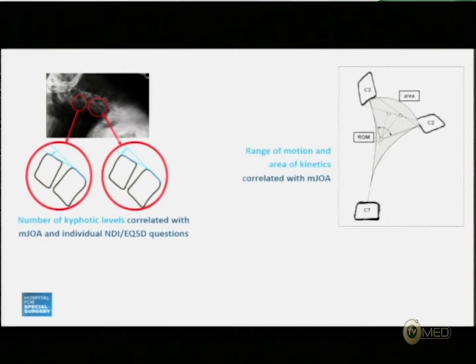And the second aspect is the dynamic. So the range of motion, but also how much you move, because you can have a big range of motion just from the upper part of the cervical spine. But we really want to look at the area covered by the cervical spine from the full extension to the full flexion. And those two parameters are way more clinically relevant than any of the regional parameters that we've used in the past.